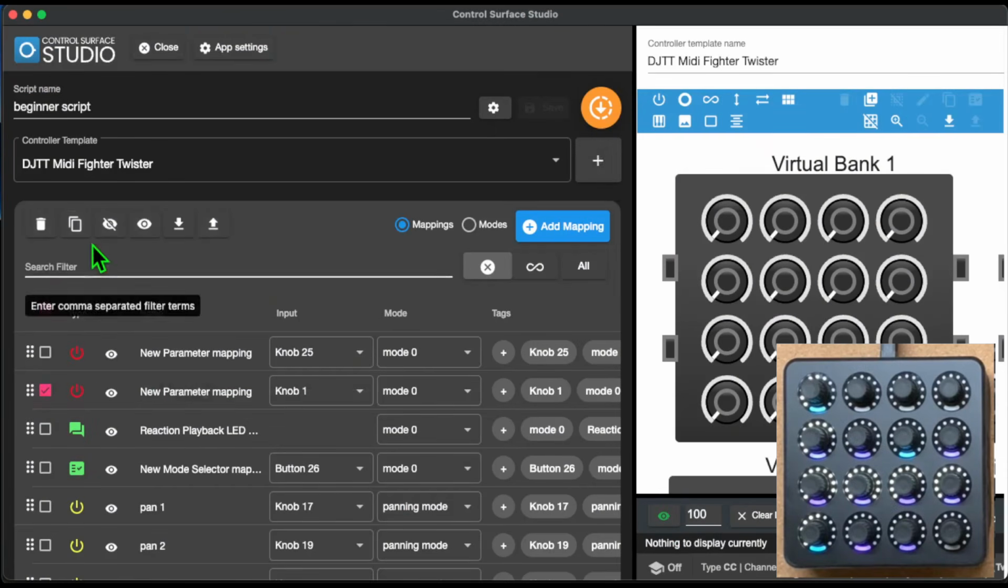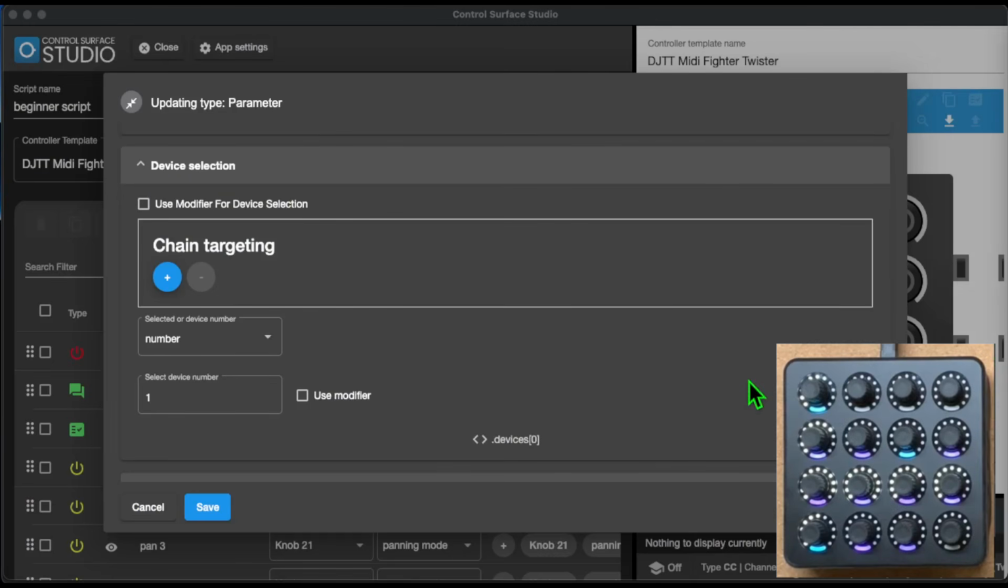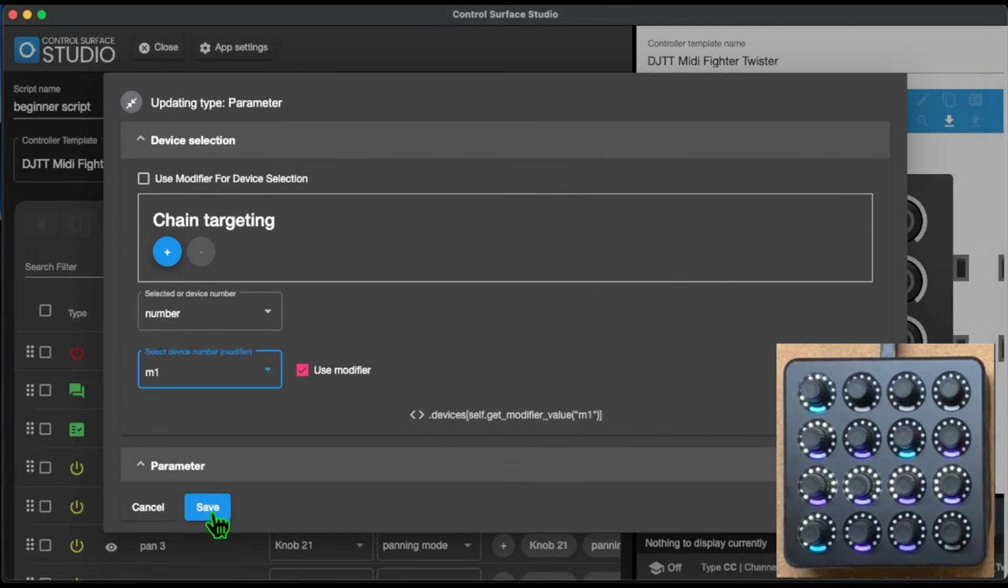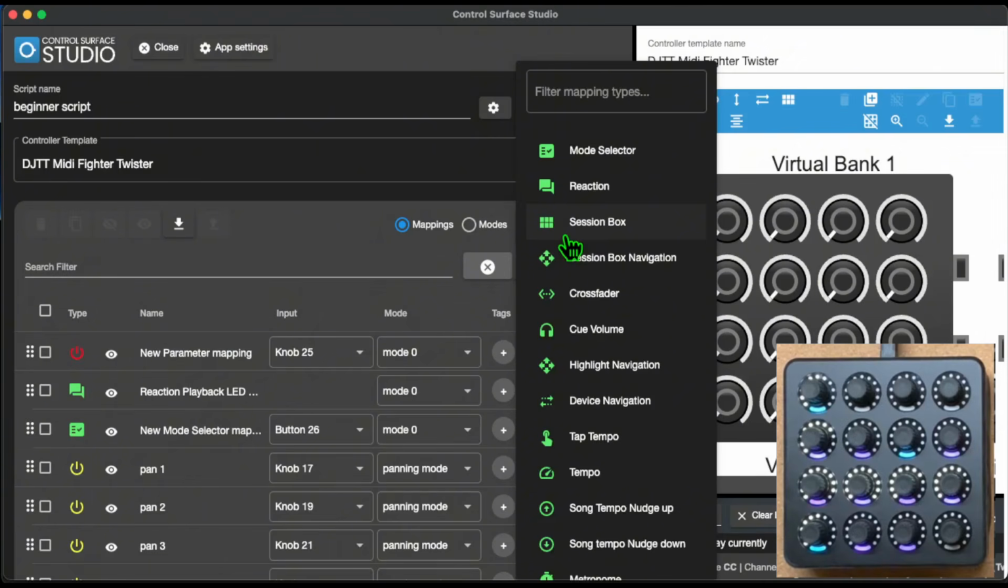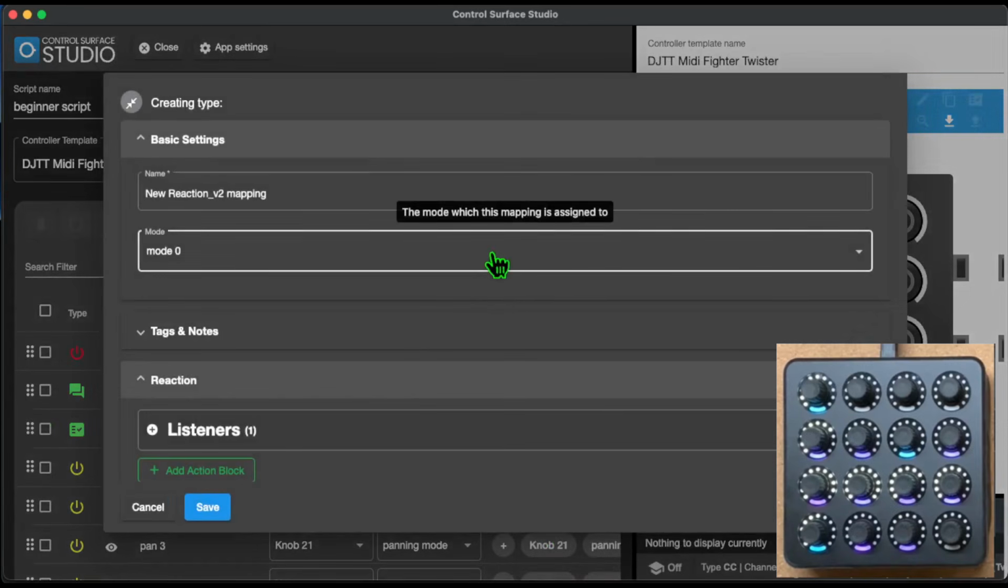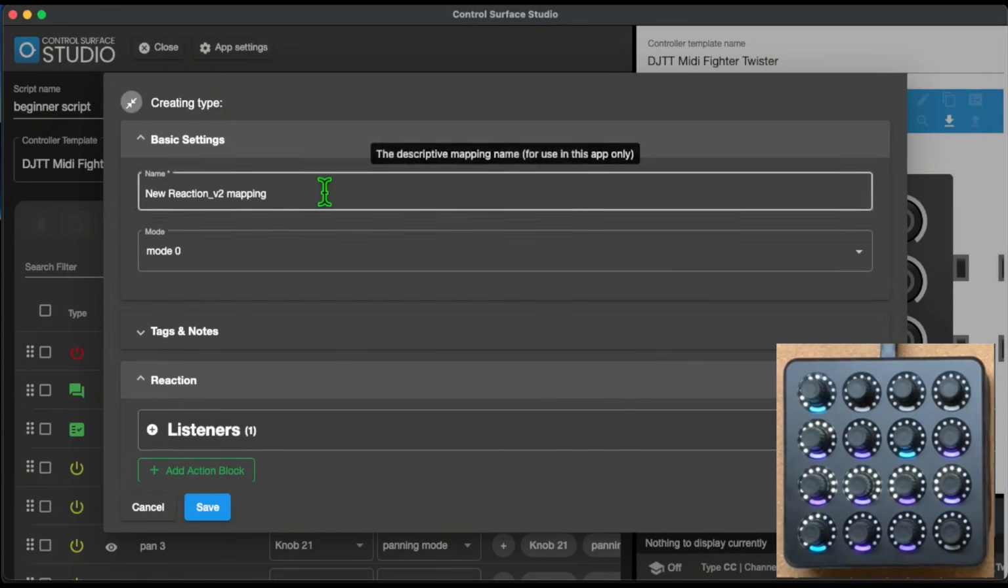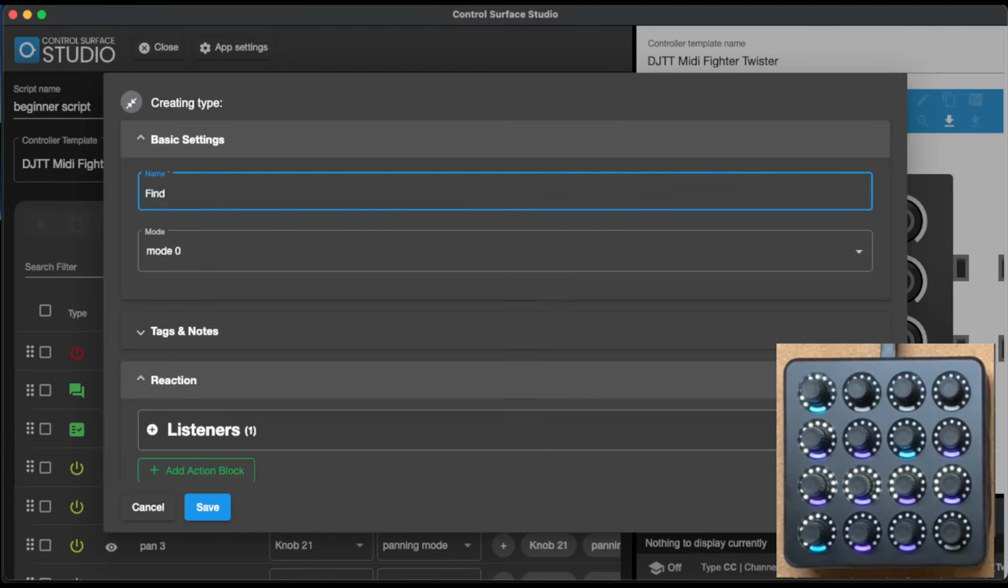I'll just delete this duplicate. As the position of the auto filter can be different from track to track, the device number will need to be dynamic. So I'll set the device number to be a modifier and save this mapping. Next, I'll add a reaction. This reaction will search for a device named auto filter in the currently selected track and save the device's position number to the M1 modifier. I'll name this find and set